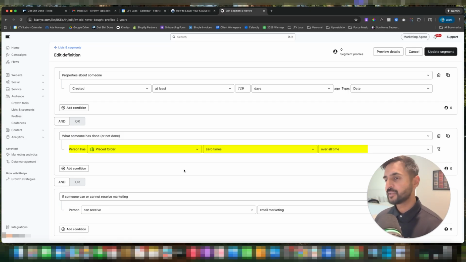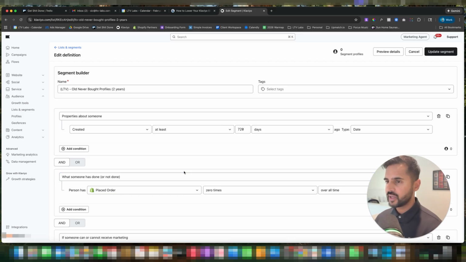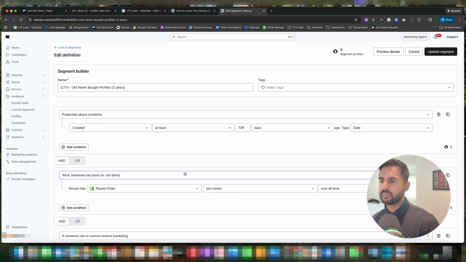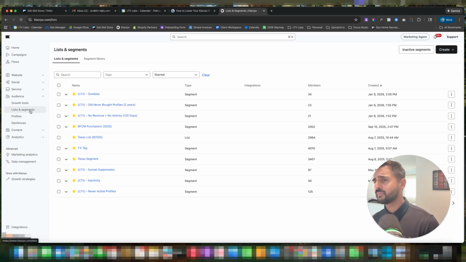I mean, that's a pretty confident sign that you should remove them, because they haven't placed one order at all. You would expect them to place at least one. It's possible, but it's not likely that they will place an order all of a sudden after two years. So really with the list cleaning, we're playing more on the probability side of things, like the risk